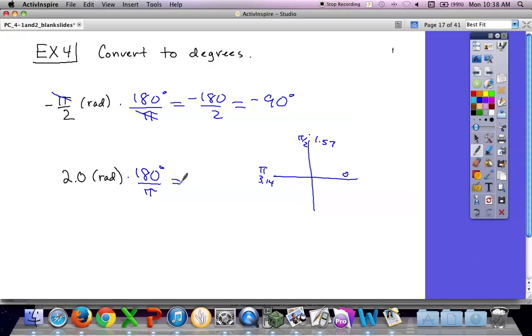It's 114.6. Which in terms of degrees, if I ask you which quadrant is 114 degrees, you'd say, okay, that's the second quadrant. You'd figure that out. We don't recognize the radians as well, but you can. But we will